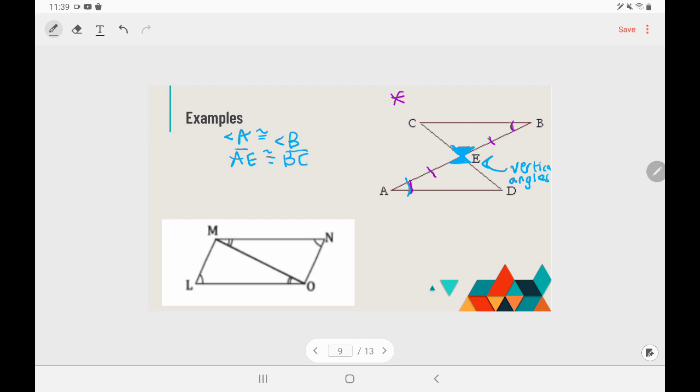Noticing I'm writing A corresponds to B, so I'm writing them in the same order. And now I want to do my one last angle, this angle right here. So I need to list it with 3 letters. Remember, your vertex or the middle point goes in the center of your order. So AED